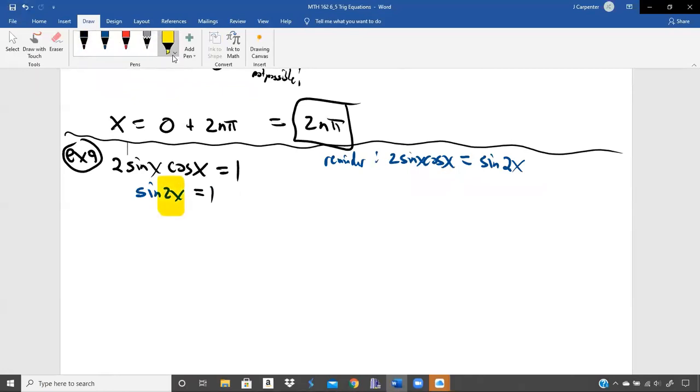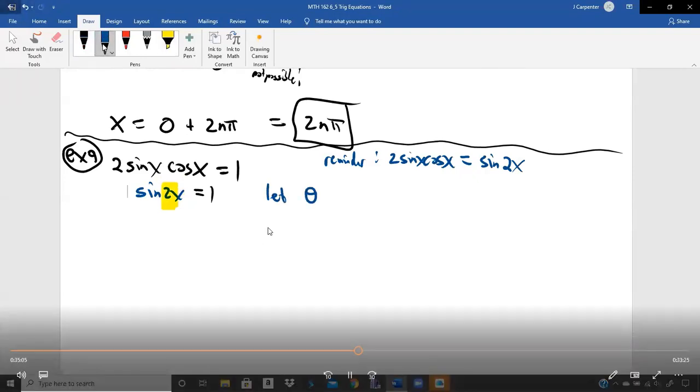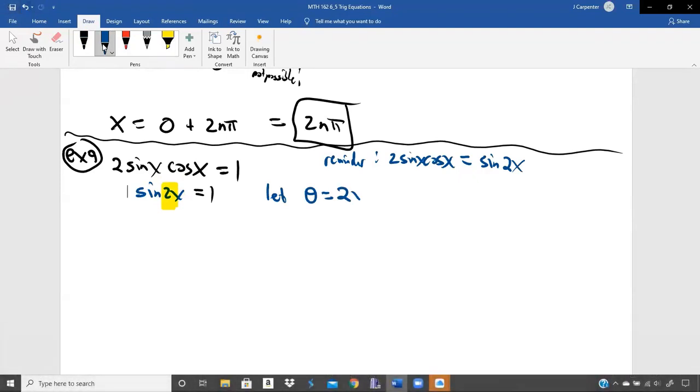Now this right here is a problem. We should not be solving any trig equations directly with that 2 there. It will throw us off, because this is that whole, I'm giving you a problem in dollars, you're going to have to convert it to yen, and then go back to dollars in the end. So this is where we had said, because we've already done an example like this, that we need to do one of those substitutions. We say, let theta, or whatever letter you like, y, I don't care, equal to the inside, which is 2x. So this just becomes the sine of theta equal to 1,